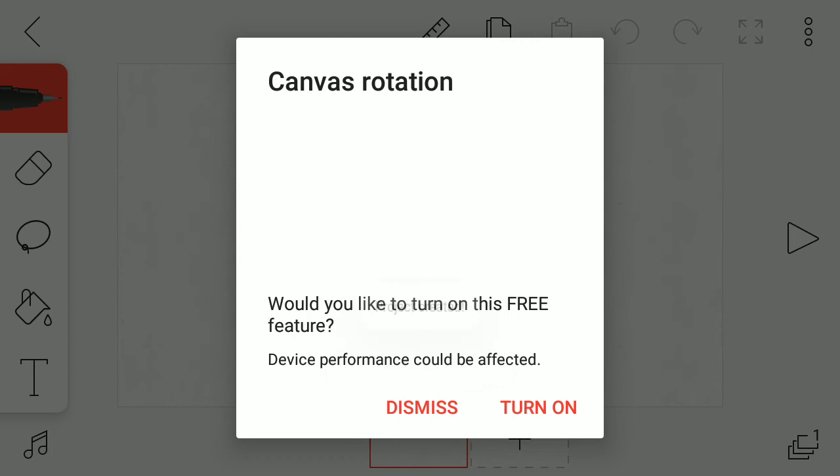Okay, I'm really new to Flipaclip. I know literally nothing. That's why I'm making this. Also, I have this tiny phone, and so it's really difficult to draw consistently on a tiny phone.